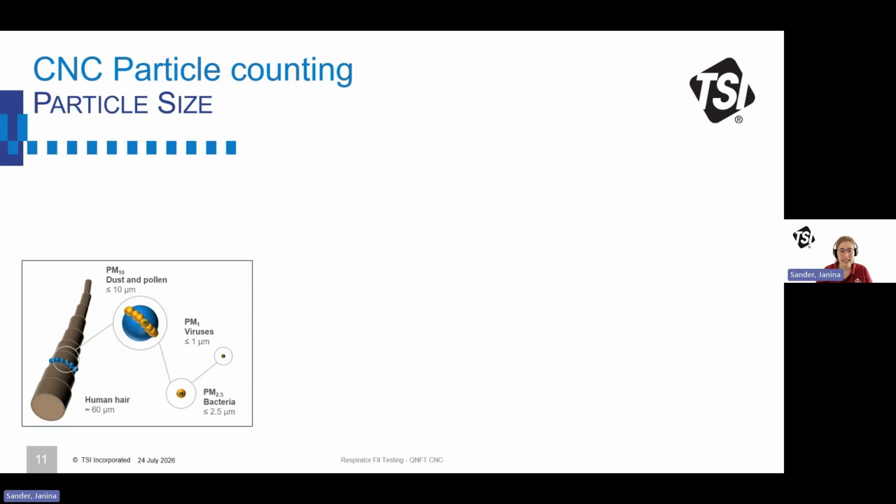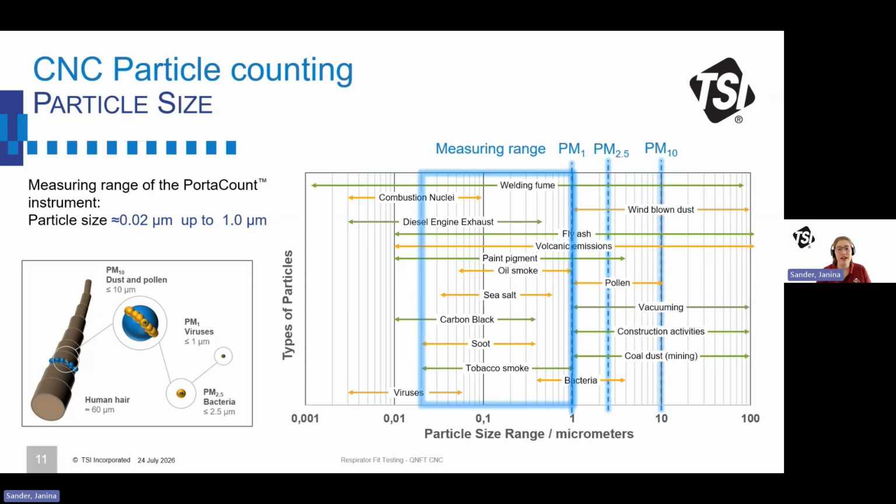So you can imagine that this is a size on a real human hair you would not see anymore. This 1 micrometer is the upper size limit of the measuring range of the Portacount. Why are we measuring these very, very small particles? Because in this size you have lots of hazardous substances with the same size you want to protect yourself from,